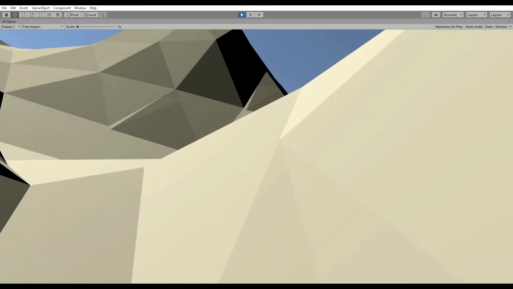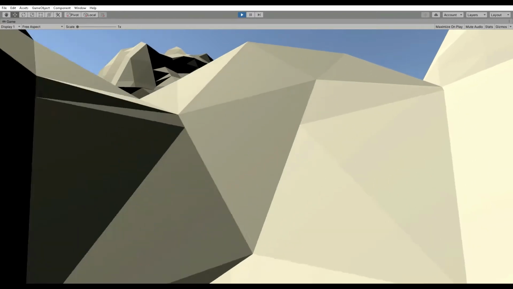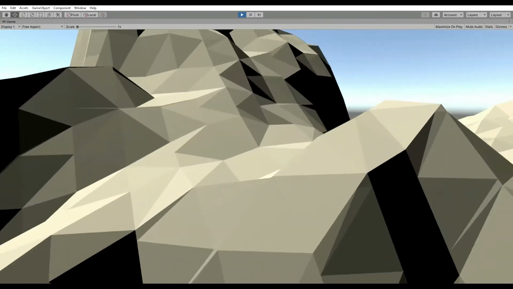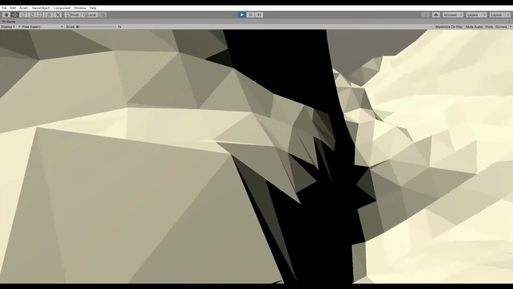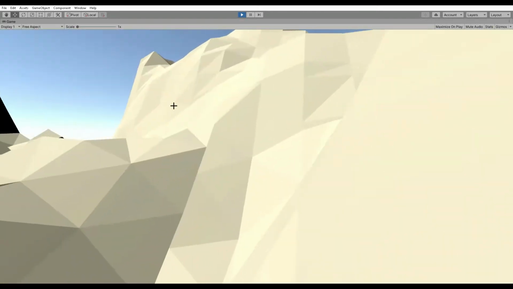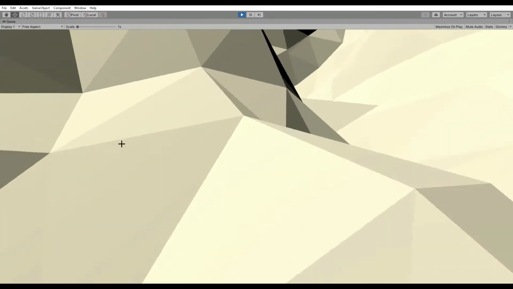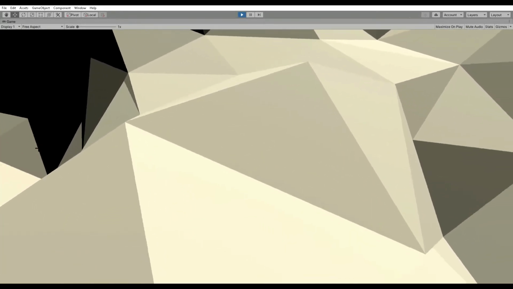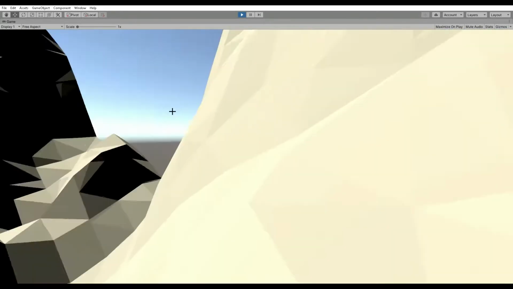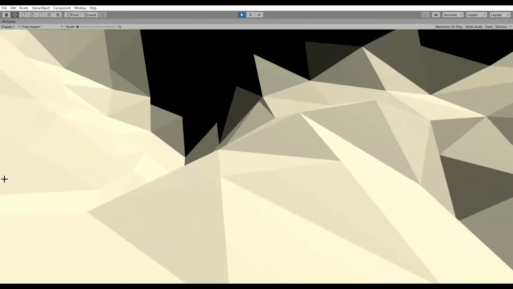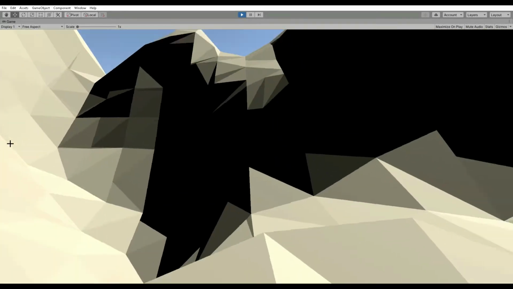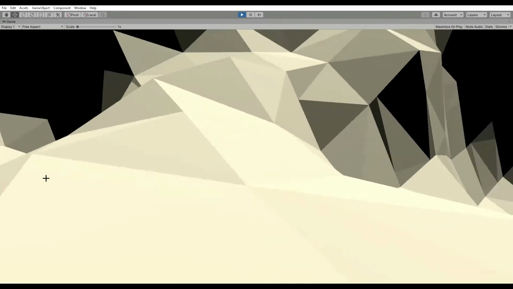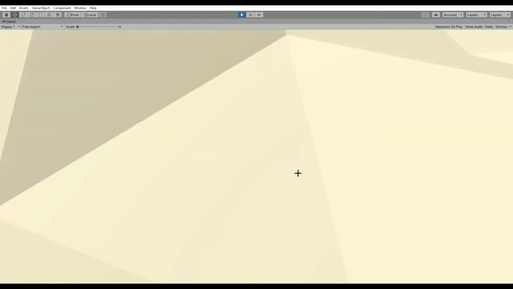I still have a couple of things on the table. One of them is potentially running a compute shader to smooth out the vertex normals, which determine how light is calculated. That's why you can see all these triangles so clearly: they're actually all the same color, just with different levels of lighting, because I have a fixed light up there, and that's why this whole mountain looks black currently. But